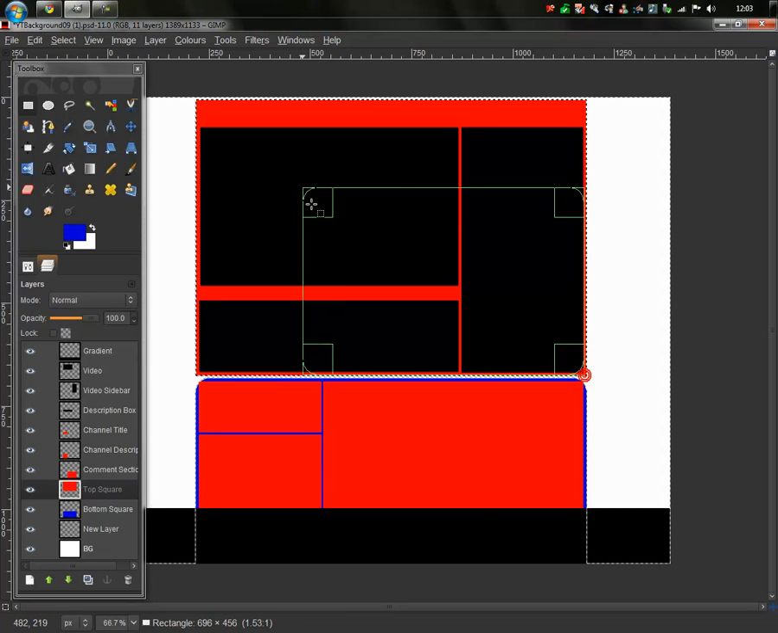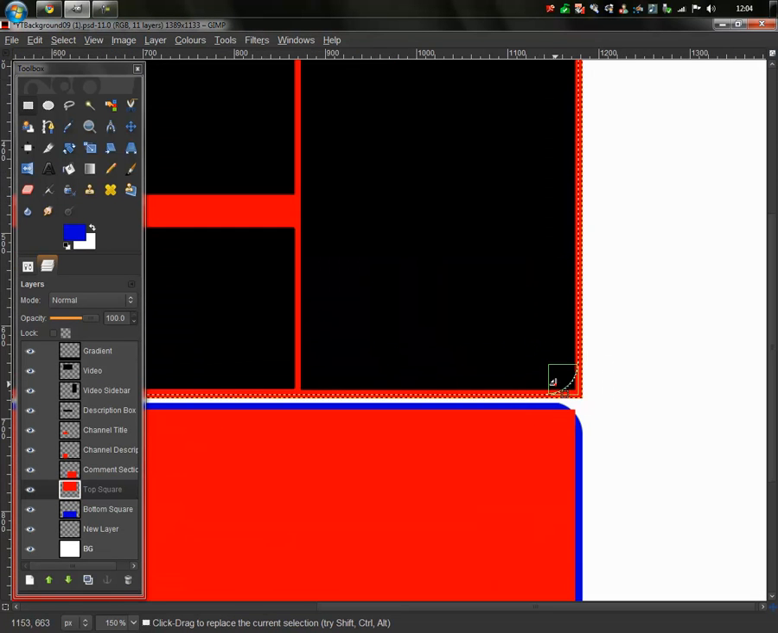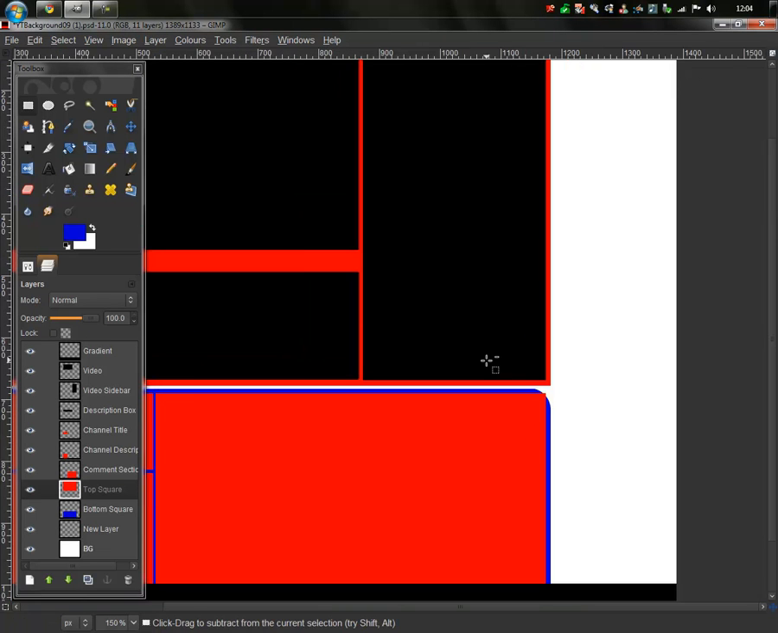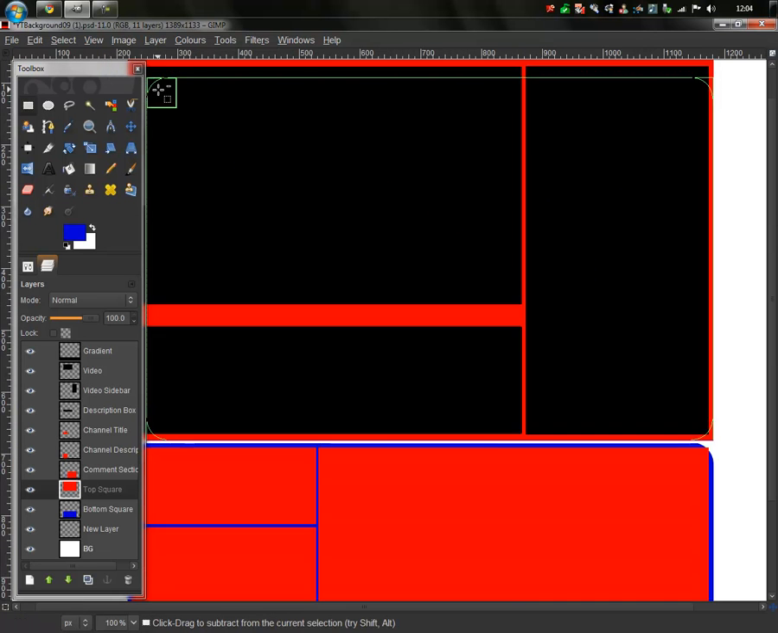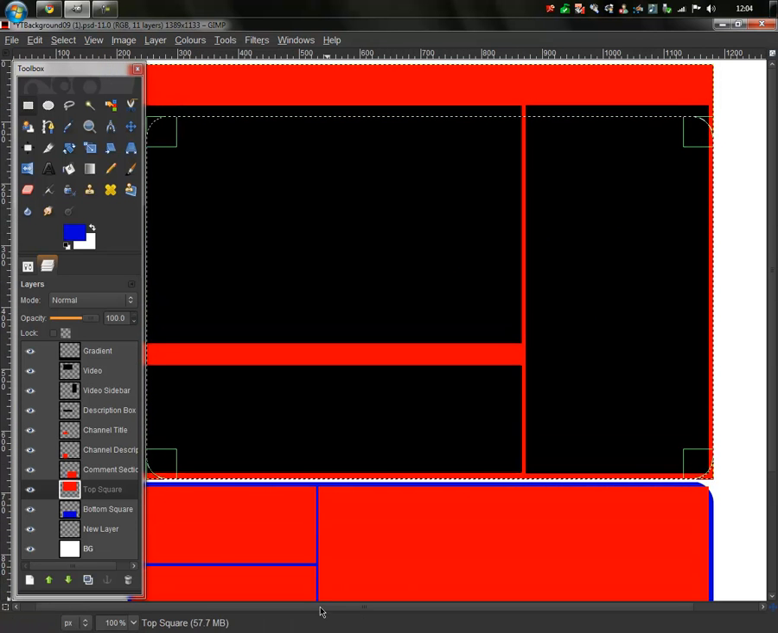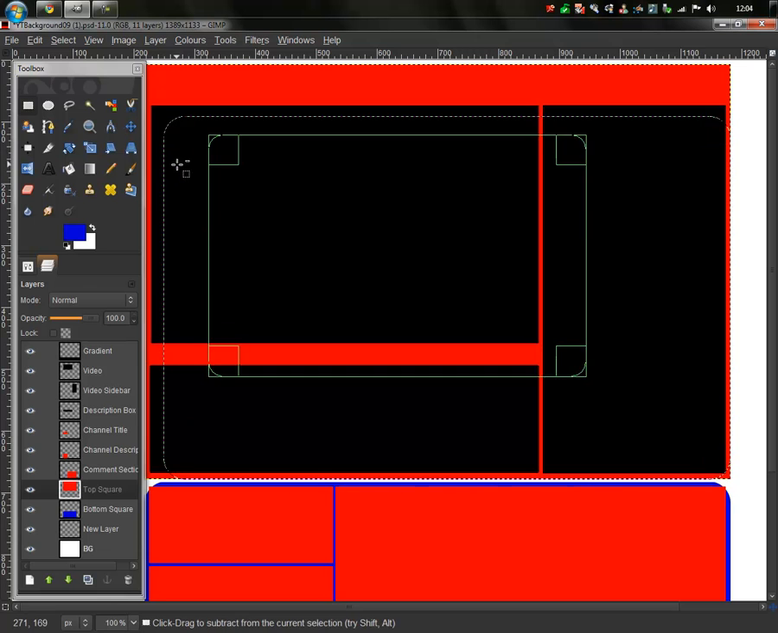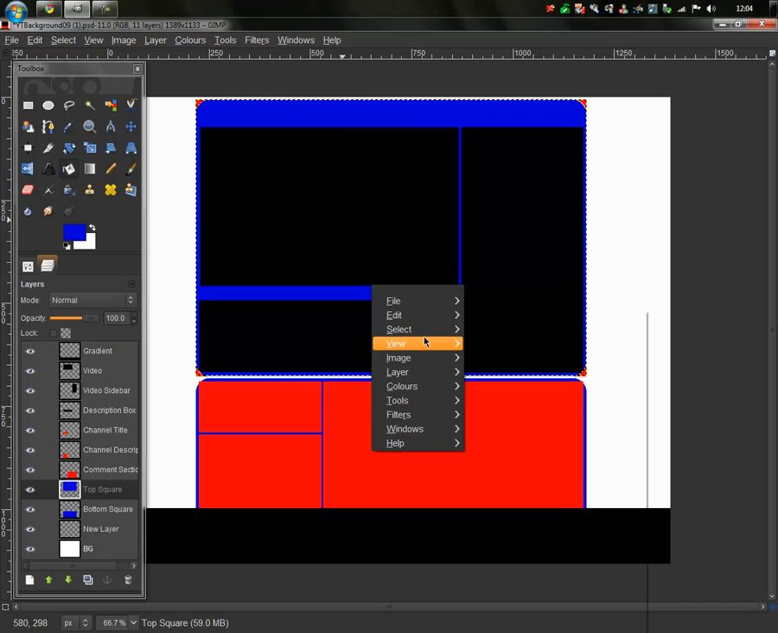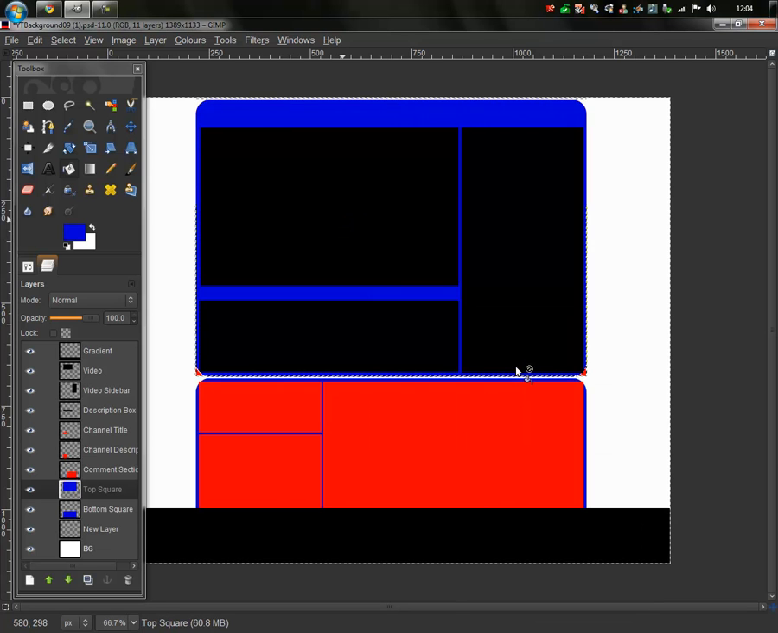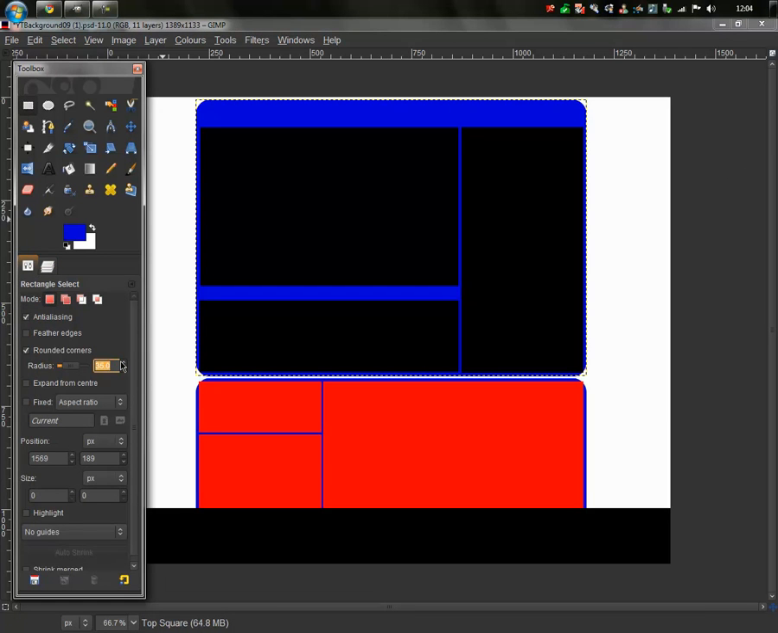Just make a random selection box, align it with the corners. Yeah, just do that. Now you've got to be quite exact, otherwise it doesn't look nearly as good. Like that. Delete. That's that done. So now you're going to select the rounded corners as 50,